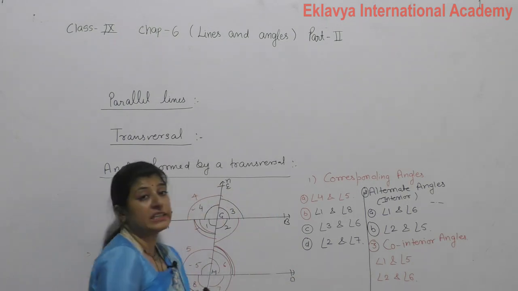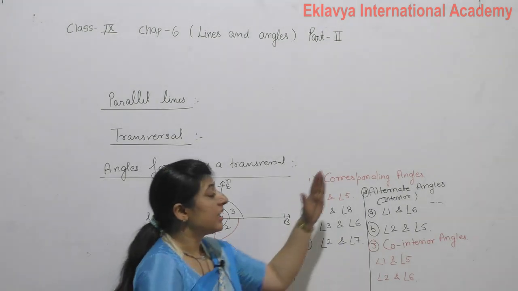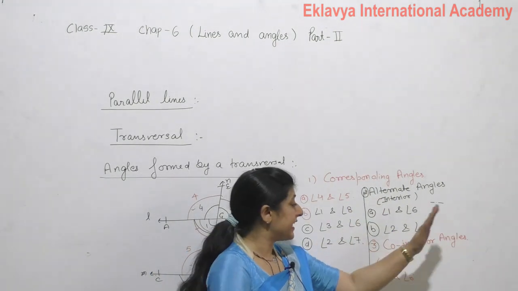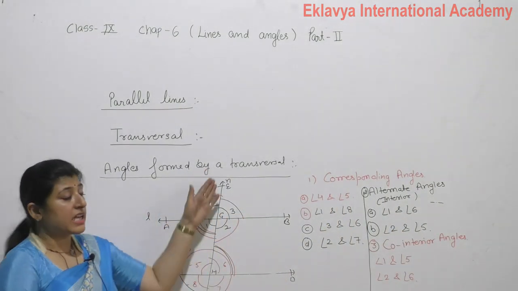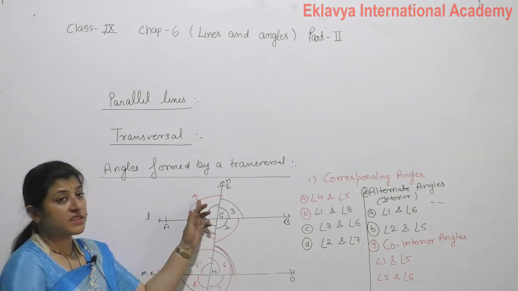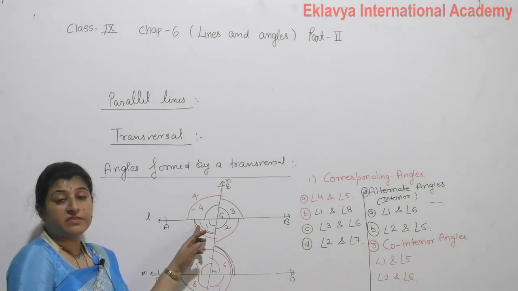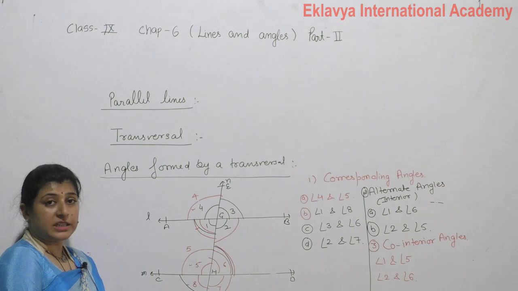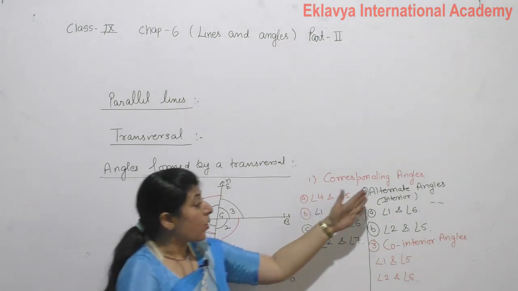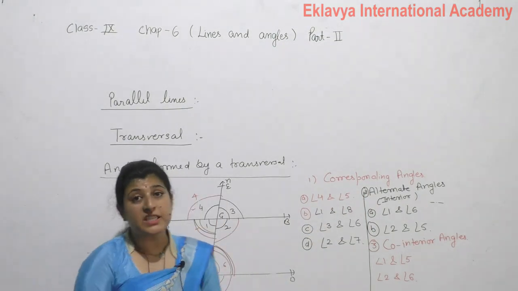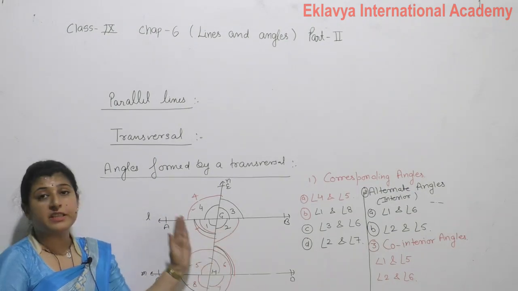This time we define the angles formed by the transversal. There are 3 types of angles here: corresponding angle, alternate interior angle, co-interior angle. Corresponding angles are on the same side of the transversal, an exterior angle with one line, then an interior angle with another line, or an interior angle with one line, then an exterior angle with another line. There are 4 pairs of corresponding angles. Alternate interior angles have 2 pairs because there are only 4 interior angles. We will establish a relation between them.